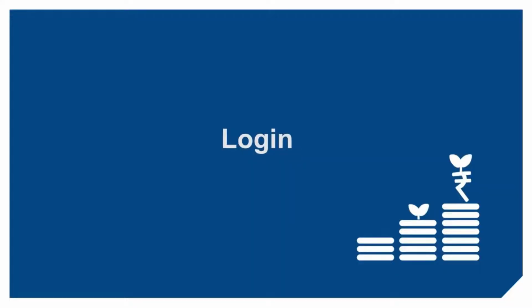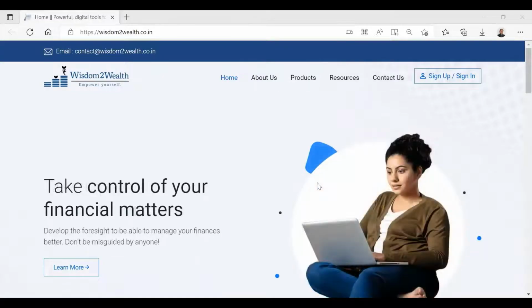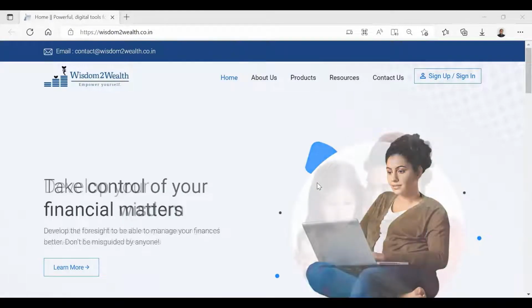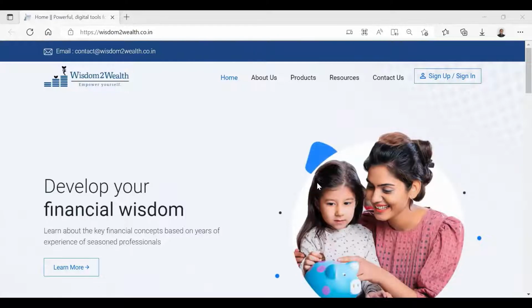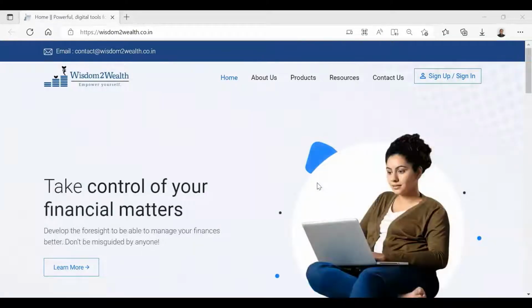Login. Let's now see how easy it is to use Fin4sight. Once you are registered to use the tool, you can log into your account. Let me log into a demo account. To log in, simply go to the Wisdom to Wealth website